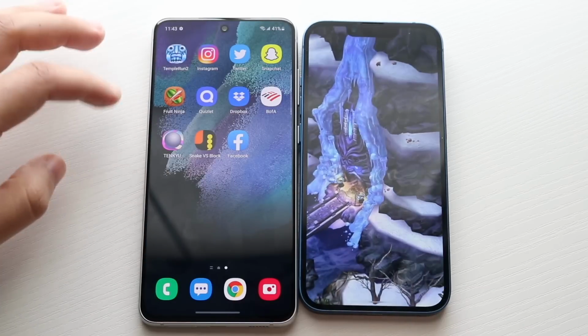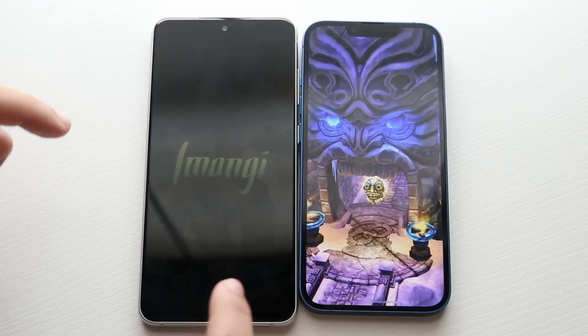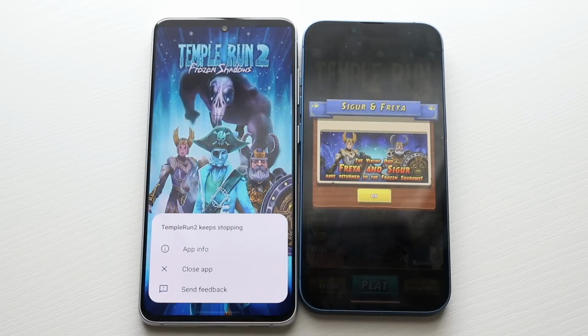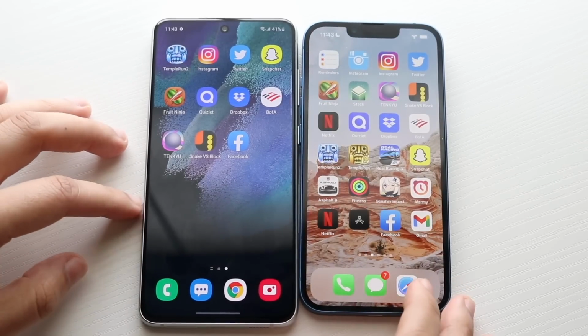And this one did crash on the S21 FE, so I don't know why this game just constantly crashes on this specific device. It never makes any sense to me. This is like the 50th Samsung that's done this, so I guess we'll see what happens. And I guess it just crashed again, so there's not much we can do about it there. Let's go and get into